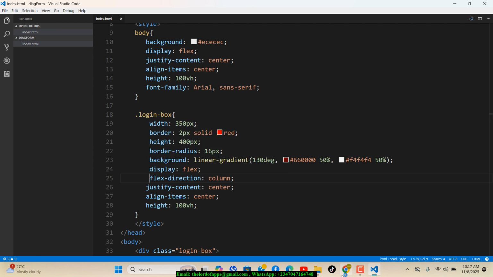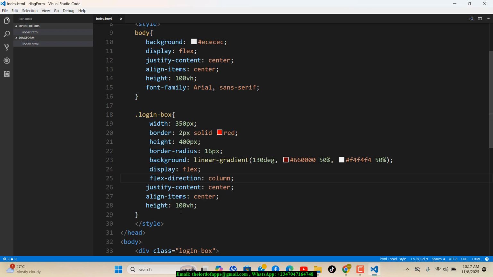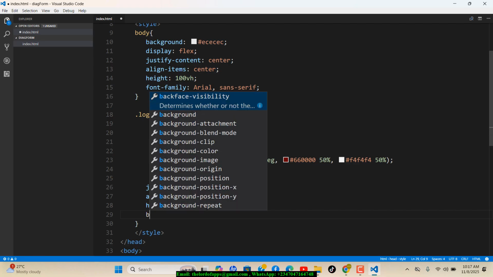All right, so let's save the changes and let's take a look at our design so far. Okay, so this is how that is really looking now. We'll do a couple of things down here. So if we get down here, the first thing I want to do now is to give this